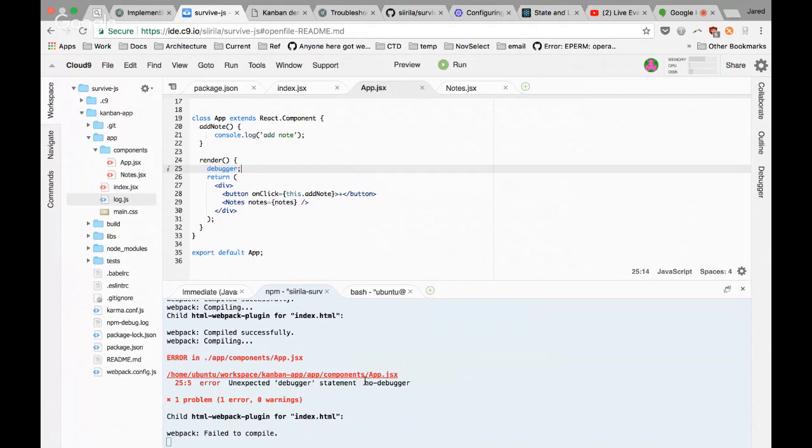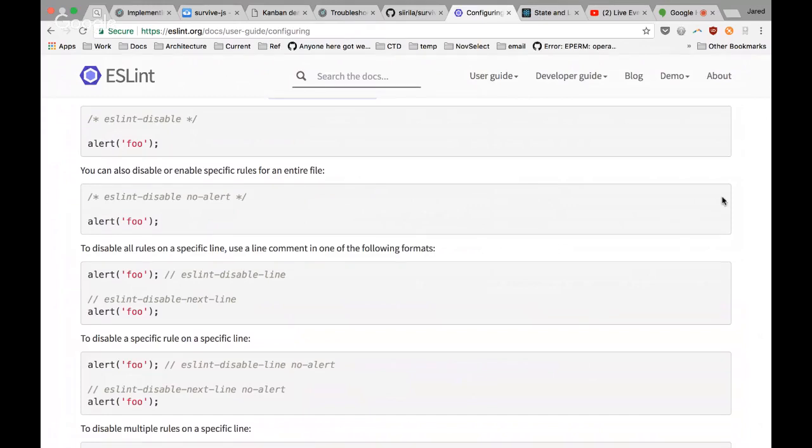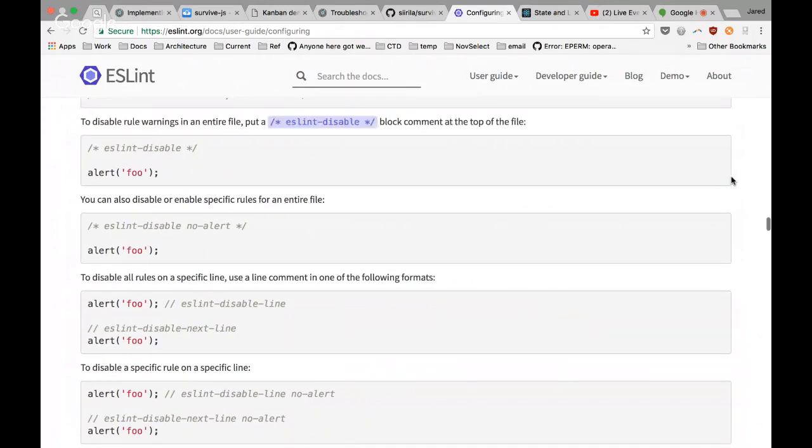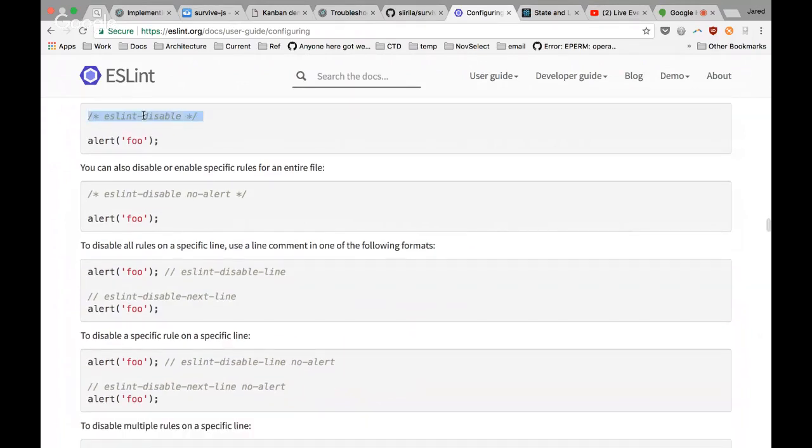And so it's a little annoying that he suggests you can put this debugger statement in, but then if you do, you're going to run into this error saying you're not allowed to have it because of linting. So I might give some instructions on how to change this linting file in the future, but the most basic thing you can do, it's using something called ESLint. So you can search up ESLint and look at how to disable it in different ways, and you can totally disable it for a file like this. But you can also disable a given rule, like say a no alert rule, by putting in a special comment in your code. So